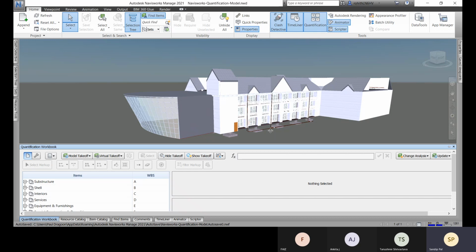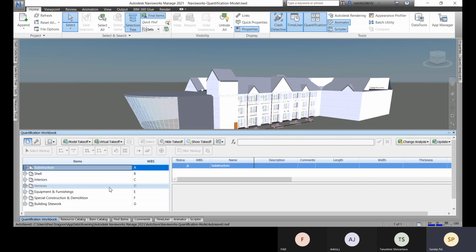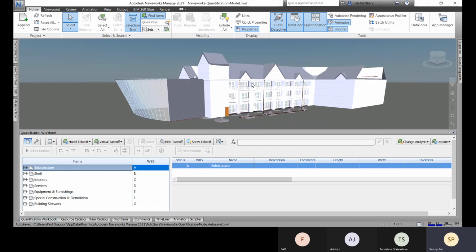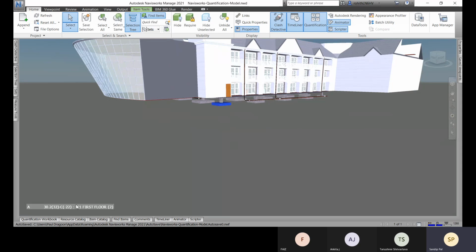So let me stretch it out. Here you have interior stairs, interior finishes, interior construction, substructures, so all the objects you have. After that, this catalog is now ready, and you have to link all these objects to it.